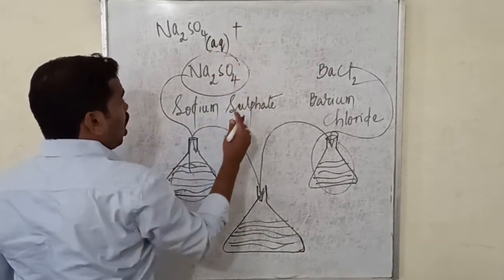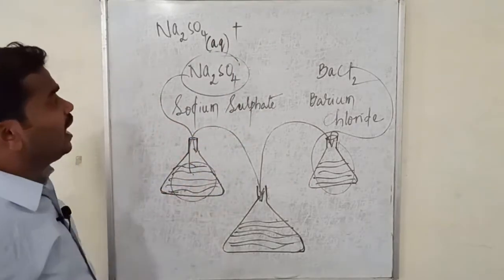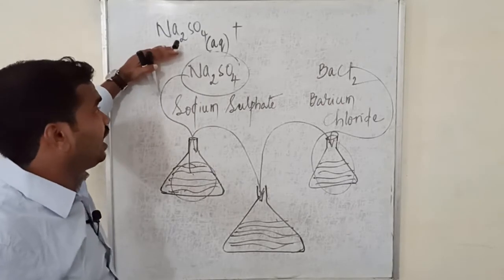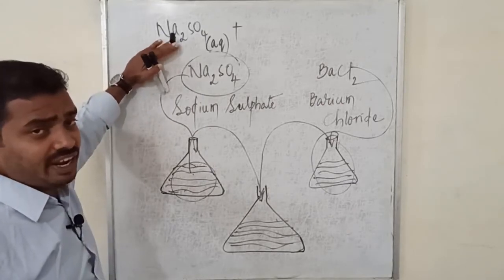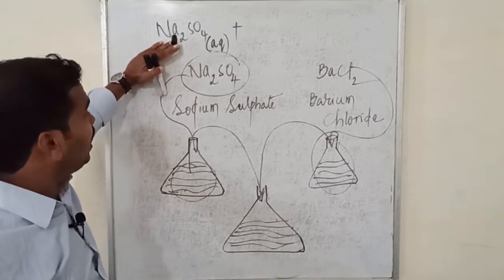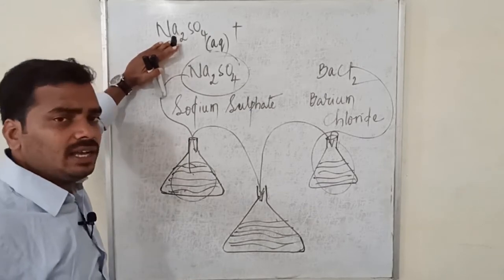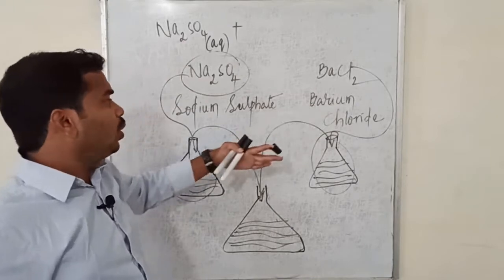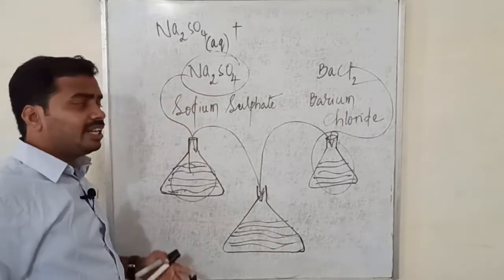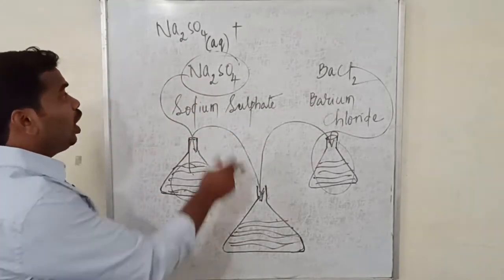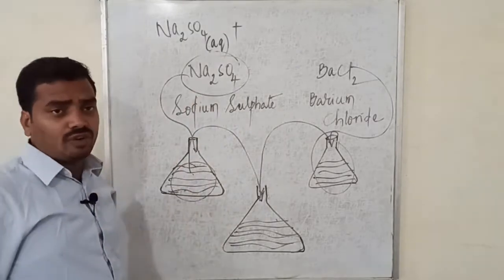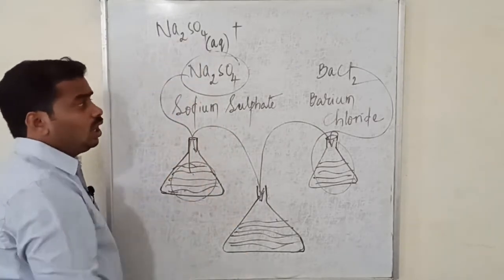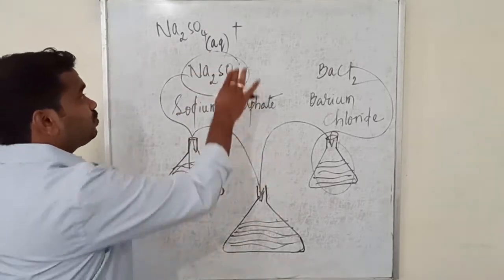Unlike a solid, it is presenting in a liquid state. Actually, the state of this sodium sulfate is solid. But in order to make this particular compound react with barium chloride, you are turning it into a liquid solution by dissolving in the water. So you are mentioning that particular state of the solid which is mixed in the water as aqueous state.